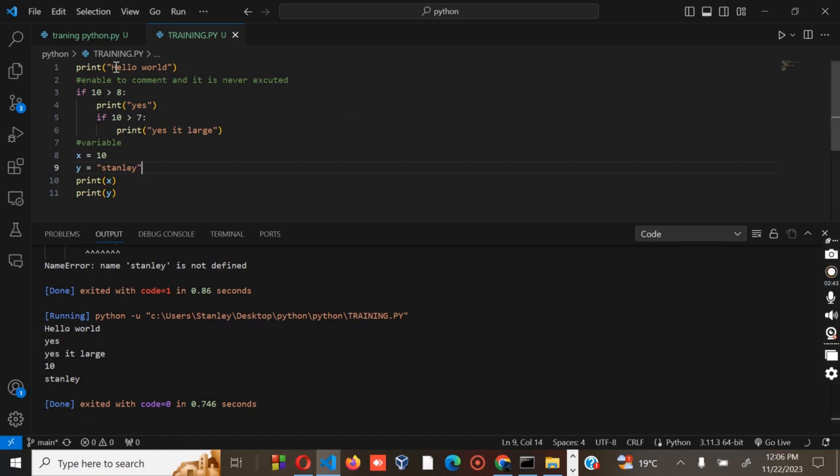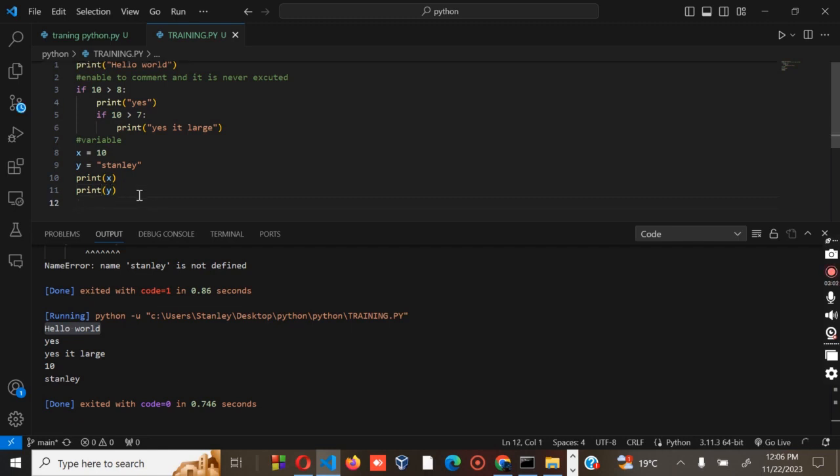So we have the first code, hello world, then we have this one, then next we have the comments. Remember for the comment, we use the hash to write a comment which is never executed. Okay, in our next part we have now the variable names. For this one, we are going to cover the camel case, Pascal case, and the snake case.